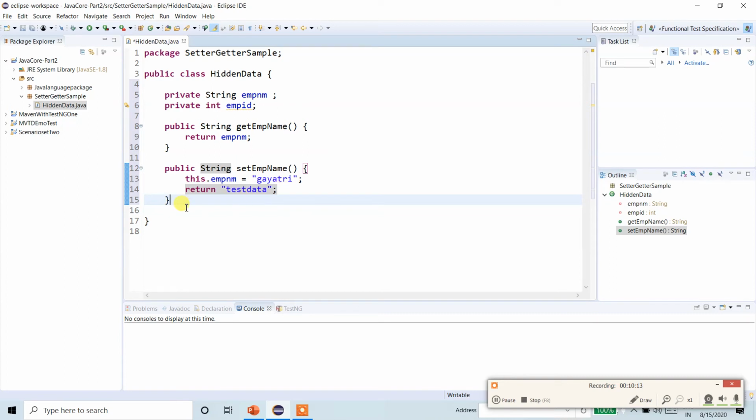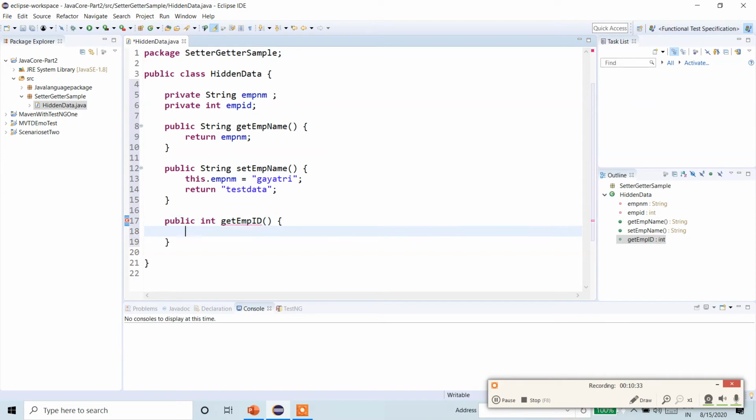Okay. Now we need to do the same thing for employee ID. Here the return type is integer, fine. Now get employee ID is the method name. Here we need to return employee ID. Yes.